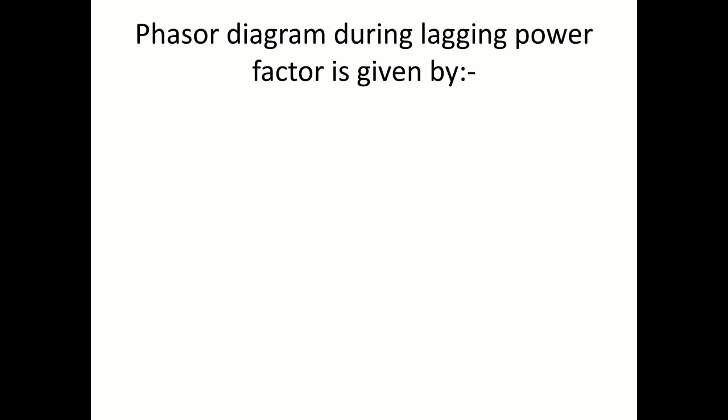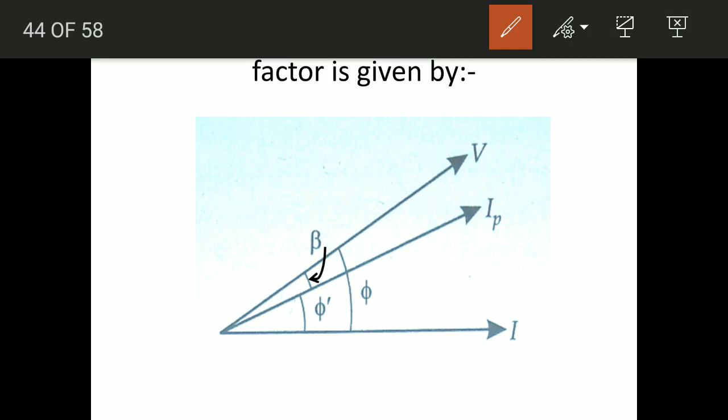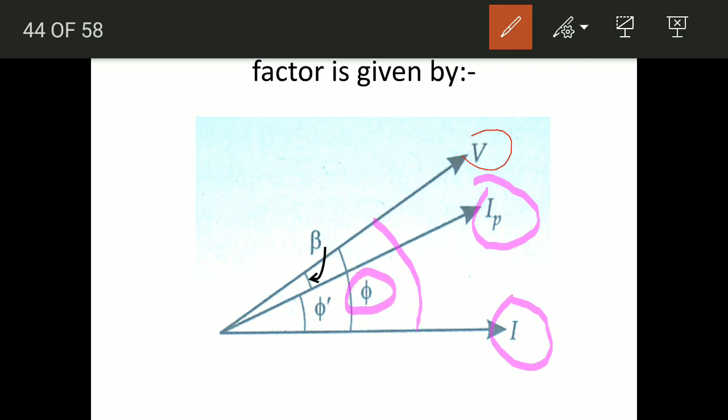So the phasor diagram for lagging power factor load is given by this. This phasor diagram is drawn with respect to the pressure coil circuit. From this phasor diagram it is very clear that V indicates the voltage across pressure coil, then IP indicates the current flowing through pressure coil, and because we are drawing this diagram for lagging power factor, the current flowing through current coil, or you can say supply current, lags the supply voltage by an angle of phi.